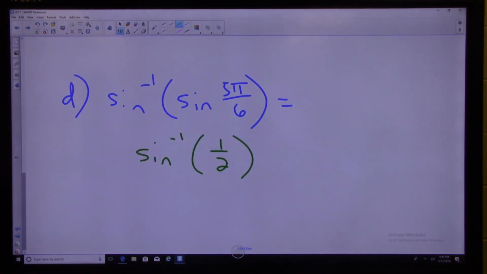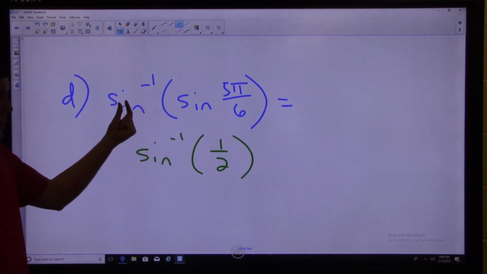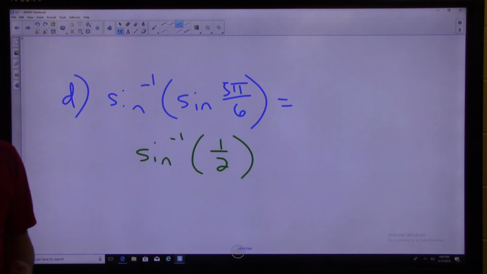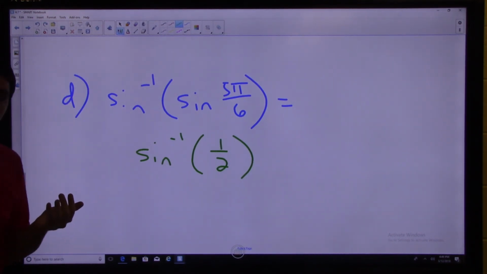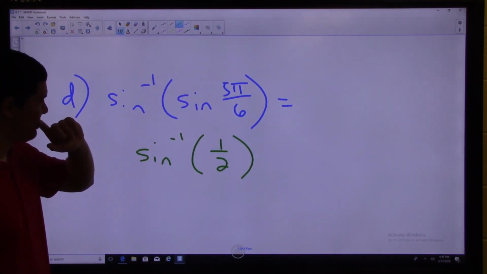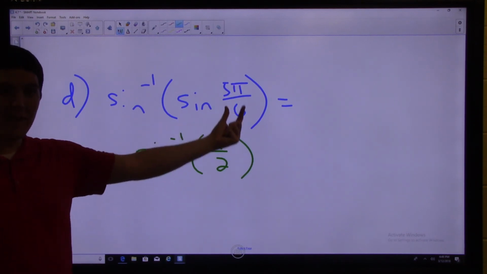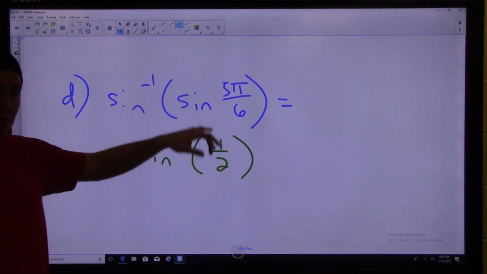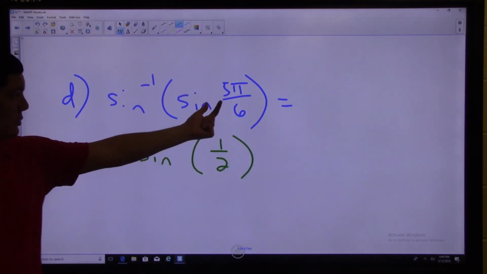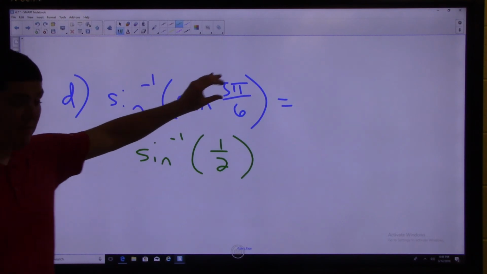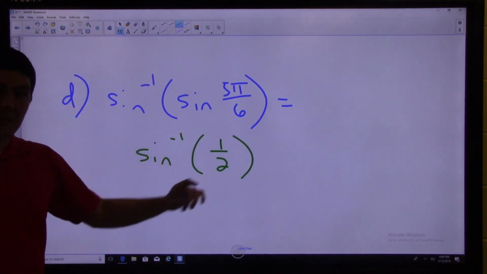Okay, here we go. Figured that out. Now, a lot of people might think, well, this is inverse sine of sine, so shouldn't those cancel out? Well, sometimes, yes, when this angle is between negative pi over 2 and pi over 2. If this angle is between negative pi over 2 and pi over 2, then they would just cancel out and we'd be left with whatever we have here. But this angle is not in between negative pi over 2 and pi over 2, so therefore we need to figure out the sine of 5 pi over 6 first, and then figure out what the inverse sine of 1/2